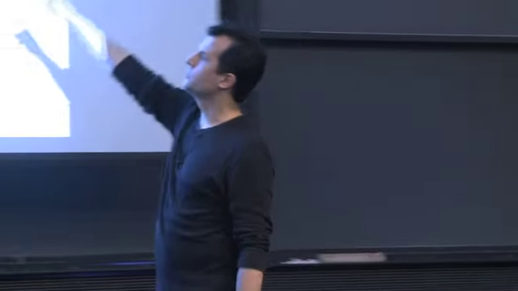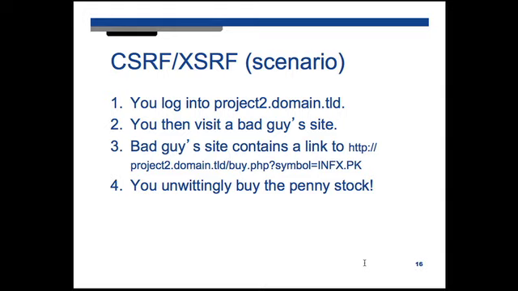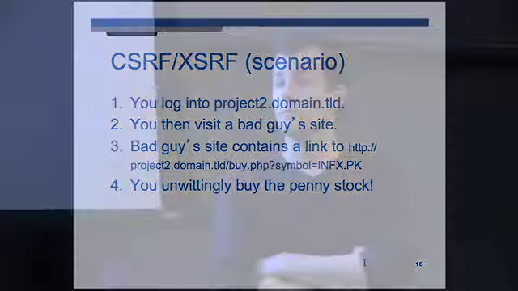So one problem, too, seems to be we're using what method here for the stock purchase, Ben? Get. OK, so what's an obvious alternative then? Yeah, I was going to say if you use post, there wouldn't be a URL that's so obviously writable by anyone that creates the action. OK, good. So if you use post instead, you don't just have to trick the user into clicking the link. You have to trick them into filling out a form, or at least clicking a button. Axel? Well, the bad guy could send a link to a certain website, and that website could contain a form that auto-submits and sends it to that particular PHP.